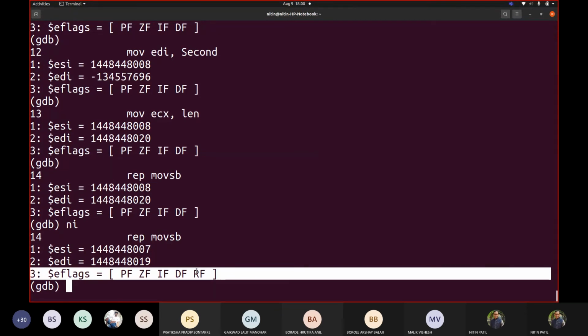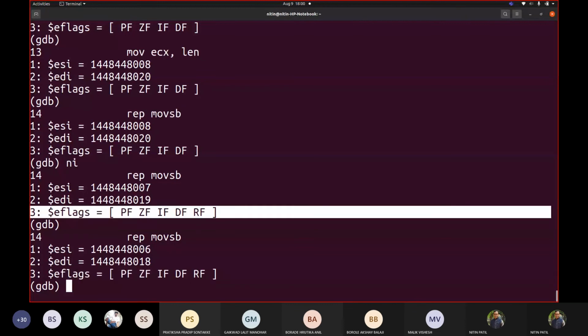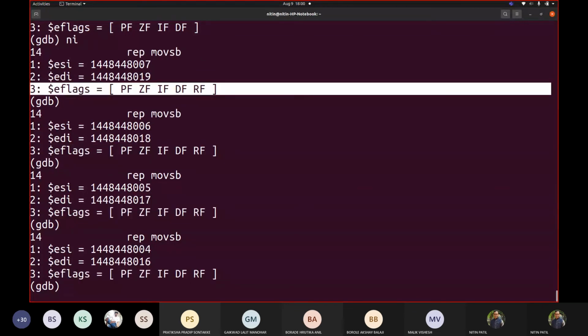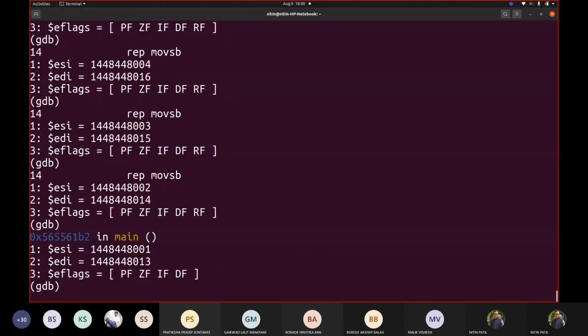With the zero flag, if the result is 0, then ZF should be set to 1. If it is not 0, then the Z flag should be reset. The zero flag would only be set when the result becomes 0. In this case, this repeat prefix is doing that task. So it doesn't care about manipulating those registers, because this is a move instruction. Move instruction doesn't make any change over there.